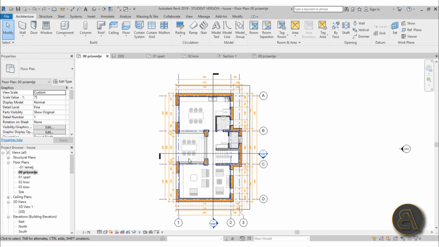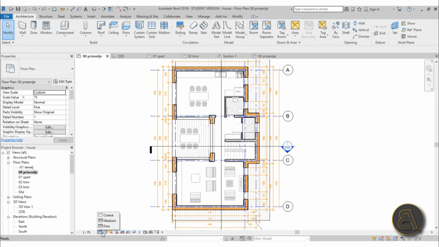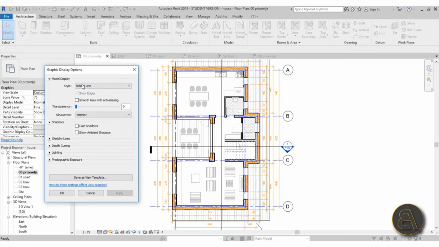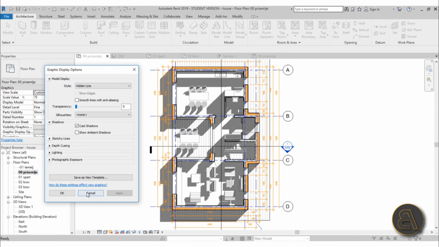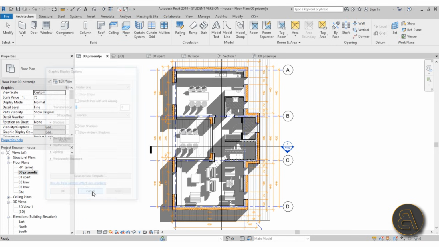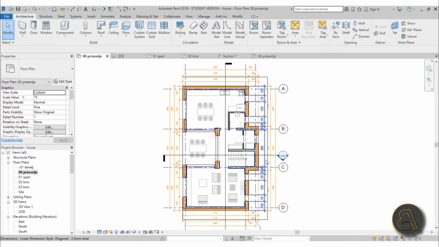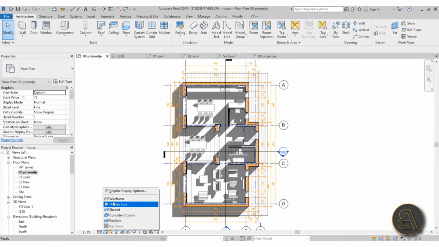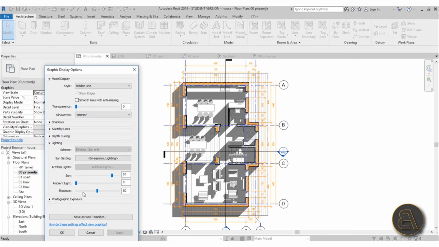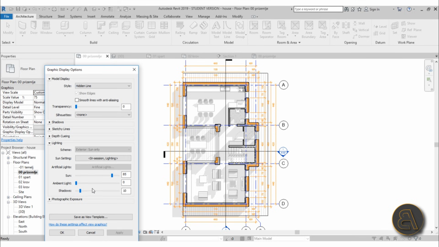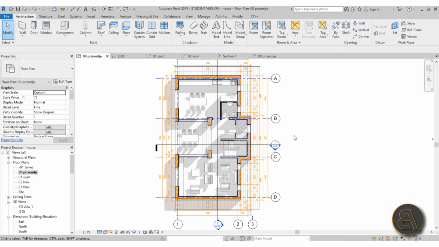Okay, so this looks really nice. I can say I'm happy with this. Maybe make sure that it's a detail level fine. Maybe you want to add some shadows, so you can even do that. You can cast shadows. Yeah, maybe it's a bit too much, but anyway, you can play around if you want. But let's say we're happy with the way this turned out. Maybe just change the shadow lighting a bit to something like 10. Okay, we can't see it now. How about this? Still a bit too much. Just a little less, 16. There you go. Okay, so let's say I'm happy with this view as it is right now,